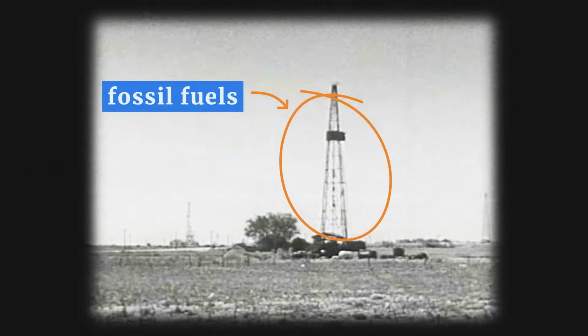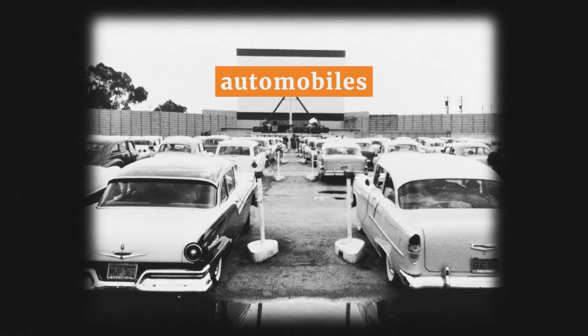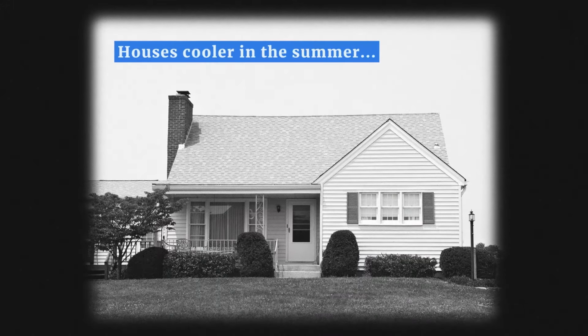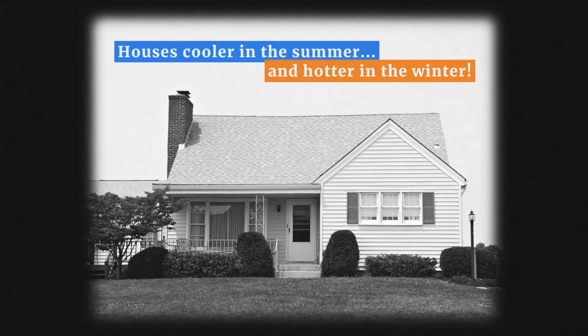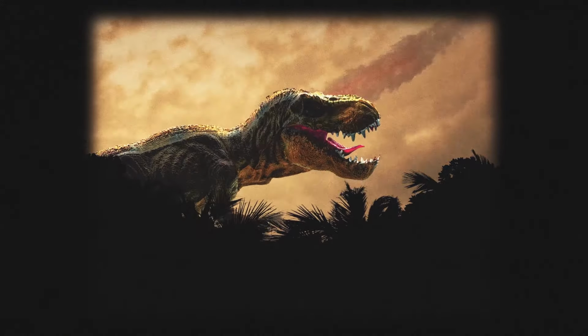Fossil fuels are one of the largest energy resources in the world. They power automobiles, our power grid, and make our houses cooler in the summer and hotter in the winter. And while it's tragic that the dinosaurs had to die to give us this source of power,